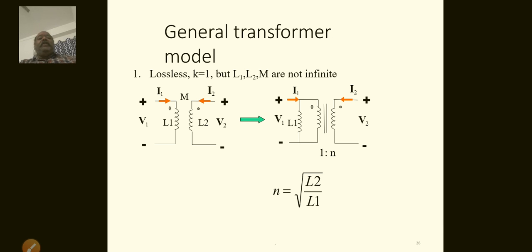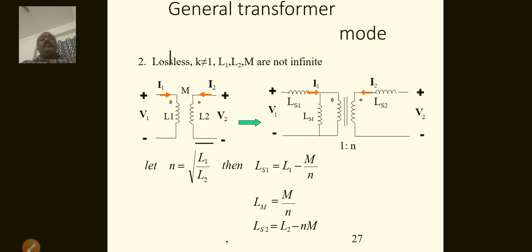So now identify the general transformer. This is the equation, L1 and L2 both will be there. M is the mutual inductance, and here I1 and I2 are the currents of coils 1 and 2. Similarly, V1 involves L1, and V2 is as usual whatever output we get. So now n is equal to root over L2 by L1, by using that formula. Okay, so this is about the general transformer model.